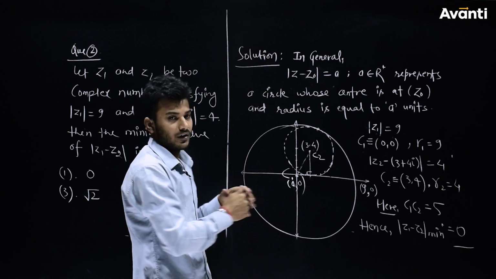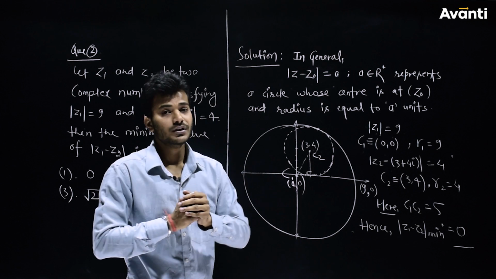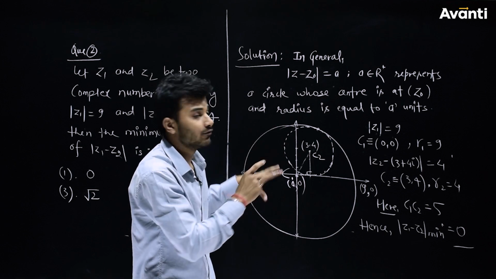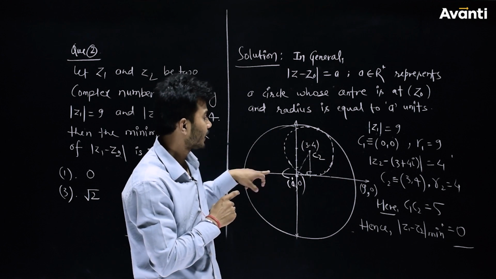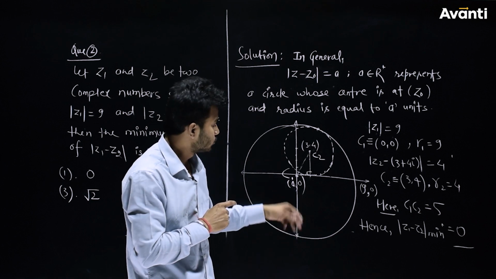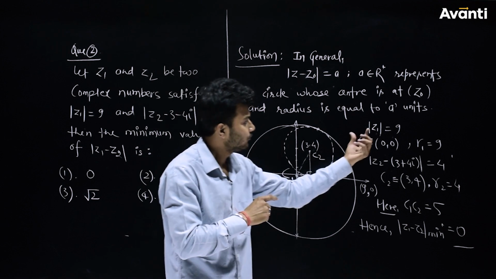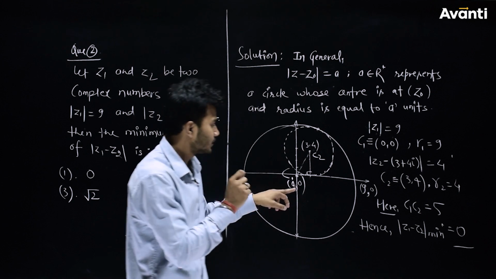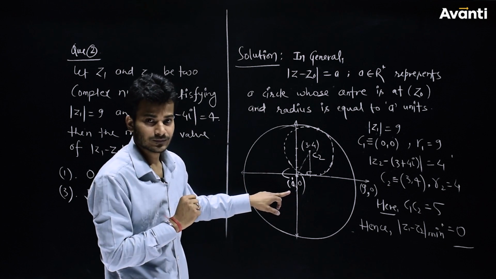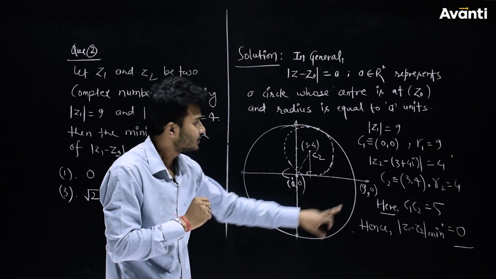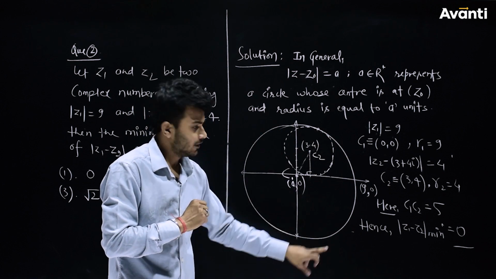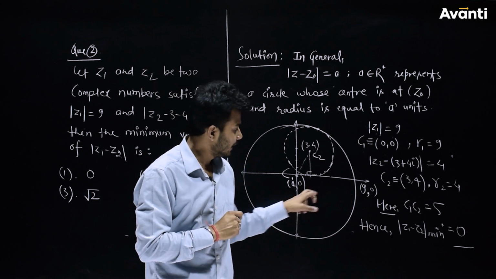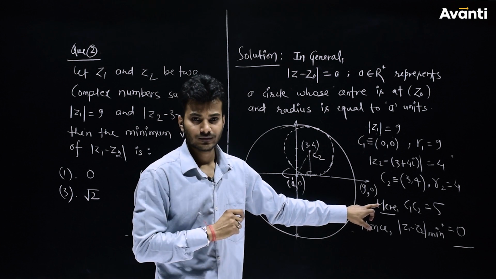Now coming to the geometry. When you are solving any question using geometry, please present it very carefully. This is the x axis, this is the y axis, and this is the origin. If you want to plot this geometry, plot it properly. So this is (0, 0), which is the center, and this is the locus of Z1. You see this point is (9, 0), as the radius is 9. So the intersection point will be (9, 0).